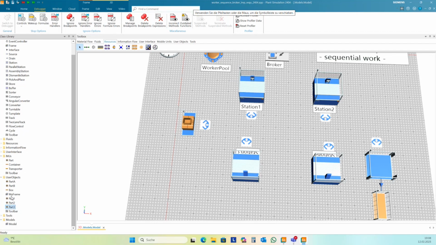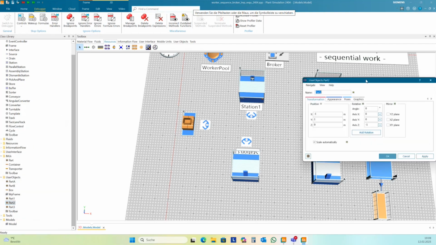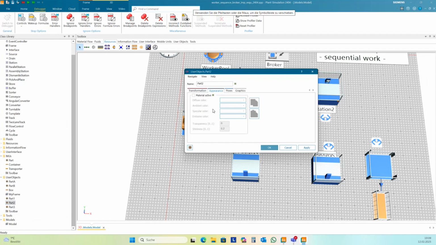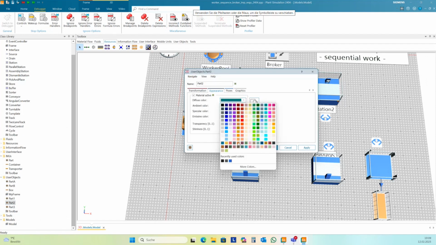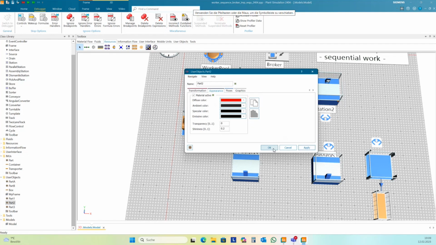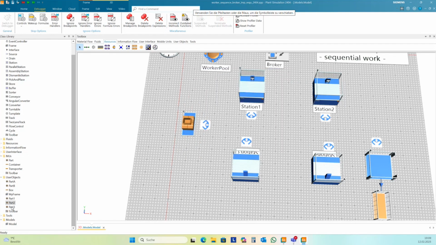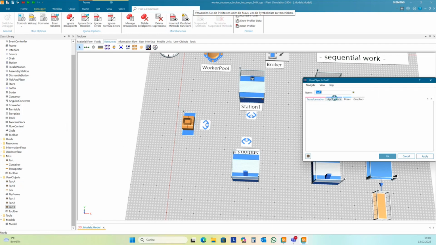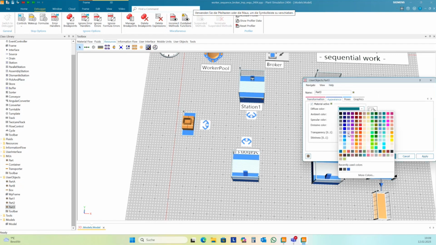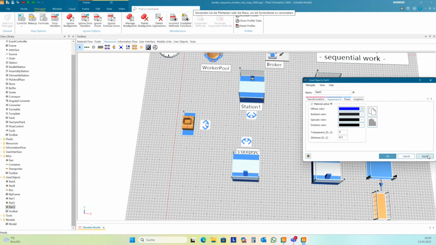And to make it more visible, I change the color of part 2: in the 3D properties, tab appearance, I activate the material and select another color, red for instance. And part 3, same: appearance, activate the material and select one color, maybe blue. Okay.